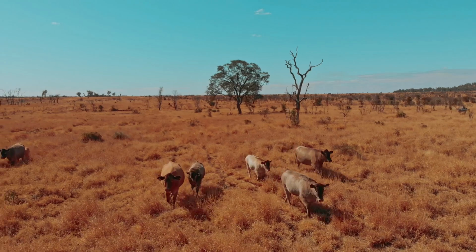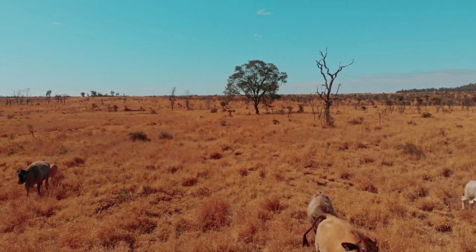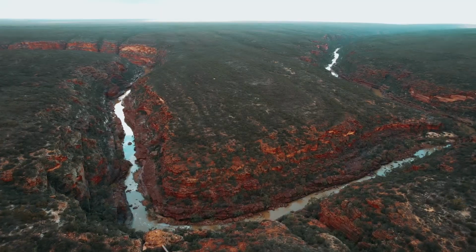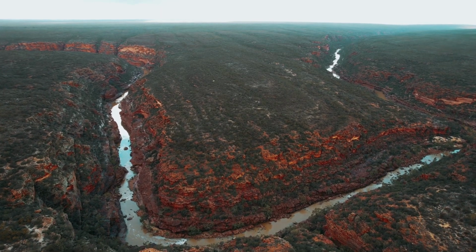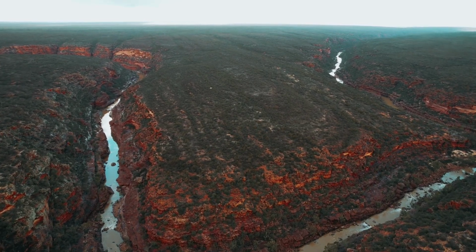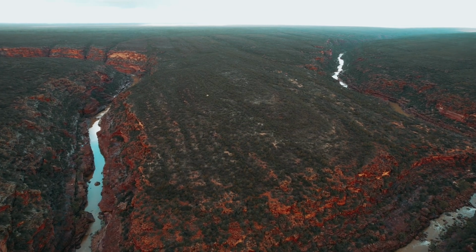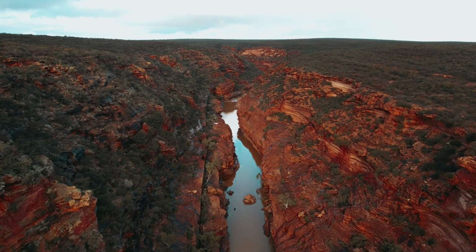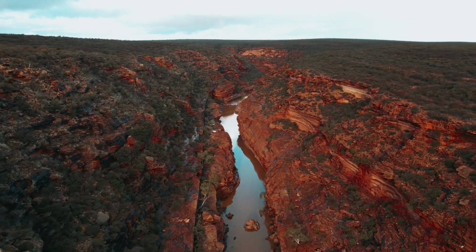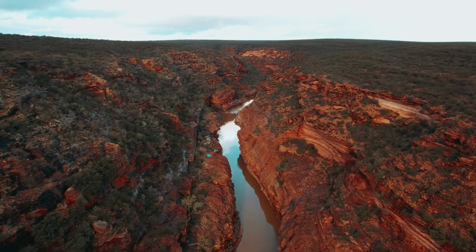These ephemeral waterways, known locally as creeks despite being dry most of the time, form intricate dendritic patterns across the landscape, branching like veins or the limbs of ancient trees. The creek beds themselves are typically 5 to 30 meters wide, with sandy bottoms that may lie dormant for decades